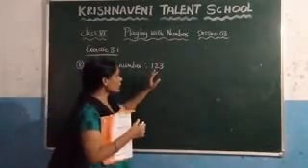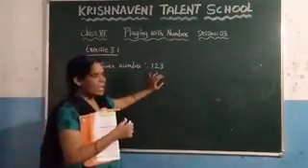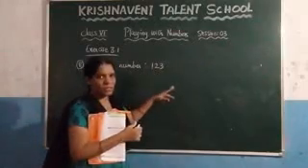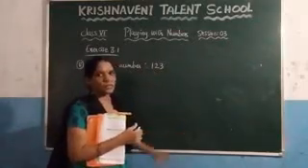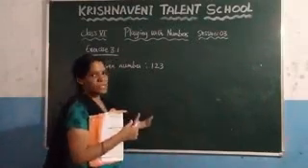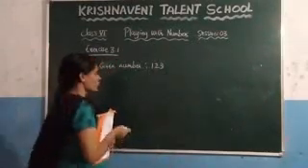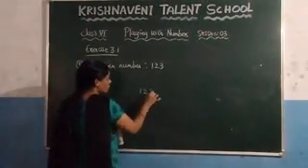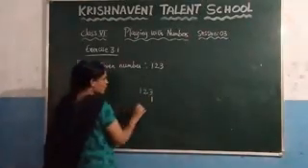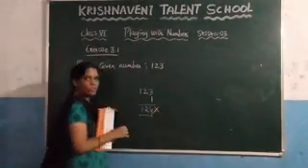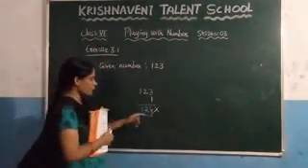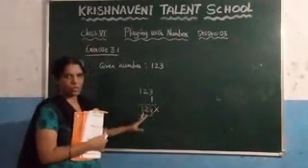That means you know that this number is not divisible by 5. And you need to add one number such that after adding this number, you get an answer that must be divisible by 5. And what is the smallest number we can add to this number? You know that 1 is the smallest number. And if you add it, you get 124, and you know that 124 is not divisible by 5 because the unit digit of the number does not end with 0 or 5.